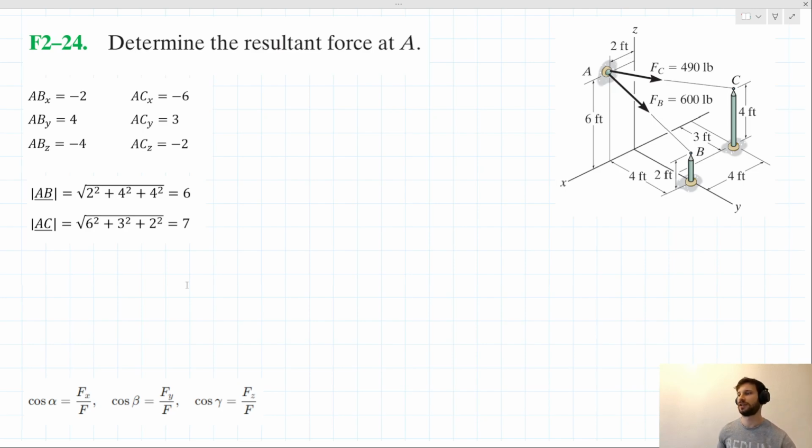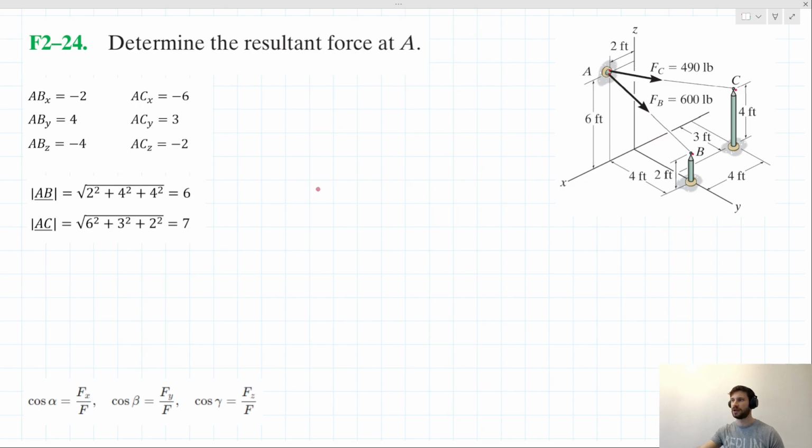Hibbeler. So we have this problem from chapter 2, which is asking to determine the resultant force at A, where we have two forces, FB and FC, acting on point A here. And the forces FB and FC are also in line with some position vectors. So FB, for example, is in line with this position vector AB, and FC is in line with this position